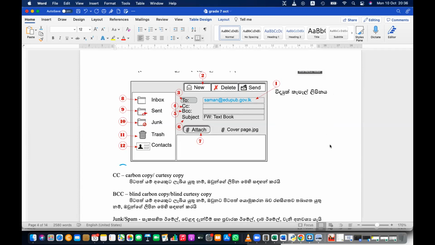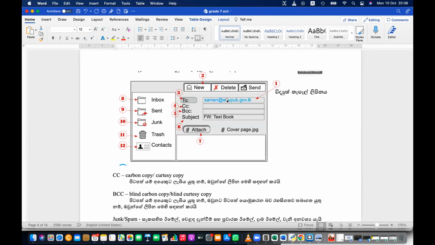But Pasan, Danuri and Shevin will not see the email addresses of Manuda and Dilansa because it is hidden, blind carbon copy. It is secretly sent to Dilansa and Manuda. So Dilansa's and Manuda's address will be hidden from the other addresses.